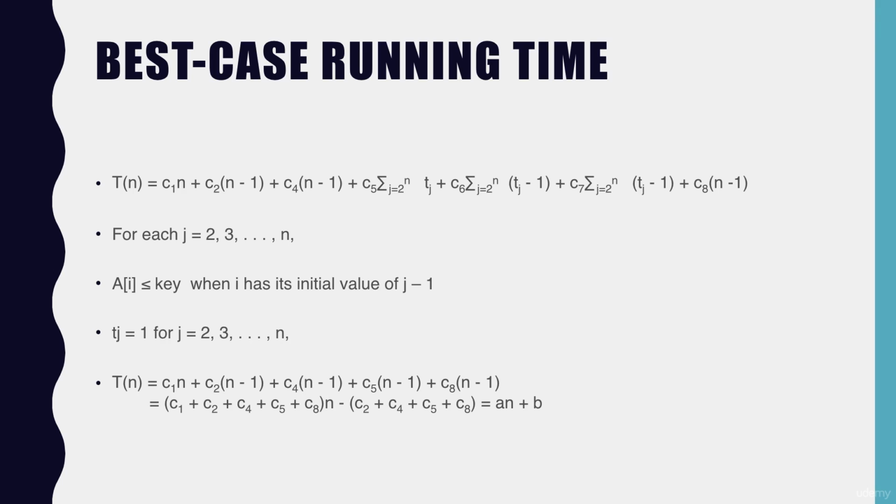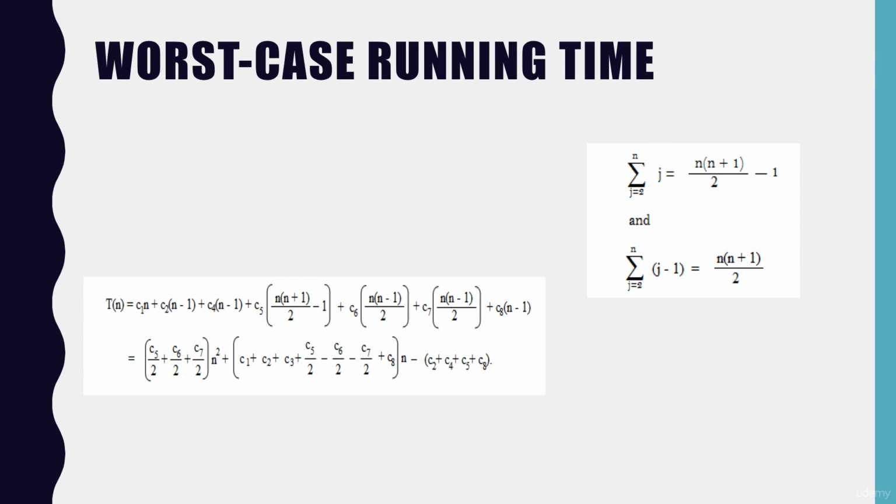This running time can be expressed as an plus b for constants a and b that depend on the statement costs Ci. It is thus a linear function of n. If the array is in reverse sorted order, that is, in decreasing order, the worst case results. We must compare each element aj with each element in the entire sorted subarray A[1 to j minus 1], and so Tj is equal to j for j equal to 2, 3, and so on till n, and we can note